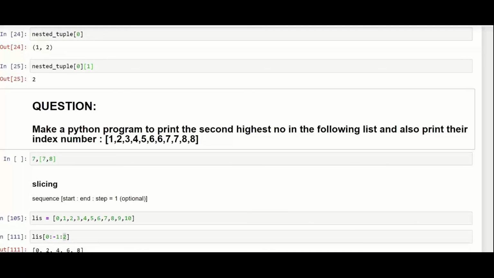But in that case, you need to have the original values also intact. Just keep that in mind. Otherwise, with the data manipulation, your indexing will change and all. So you should have the original value also intact.